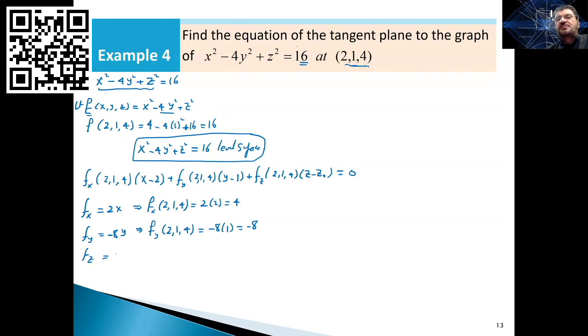Fz is equal to, the derivative with respect to z is 2z. So that means what? Fz at (2, 1, 4). I'm going to replace z with 4. We get 8. So what do we have, guys? Let's go back here. So this is 4. We got this one to be negative 8, and we got this one to be 8. So what do we have? We have 4 times x minus 2, minus 8 times y minus 1, plus 8 times z minus 4 here, not z, not 4